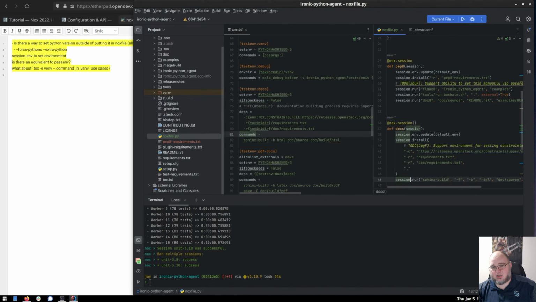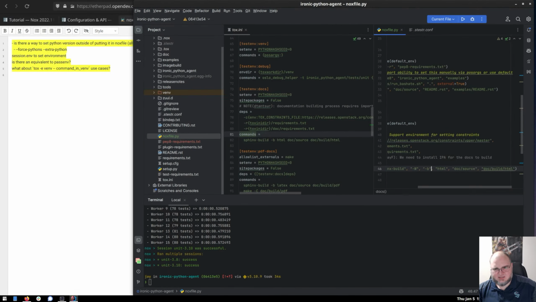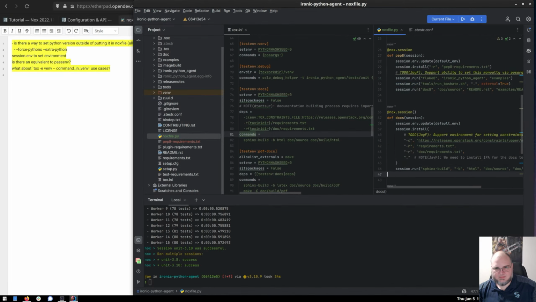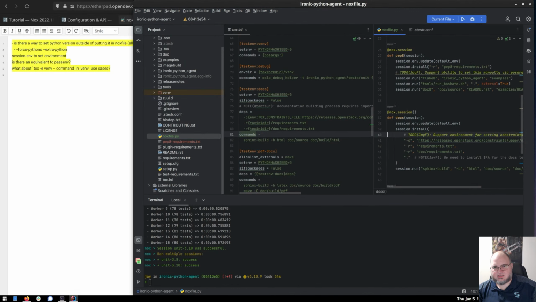I think I'll need to pip install dot as well. Okay, got a note there. Got the session to run. Is this the same thing as in there? No, we're using -b html doc/source doc build html. Yeah, so constraints, environments there. Oh, it doesn't use the default environment. It just uses